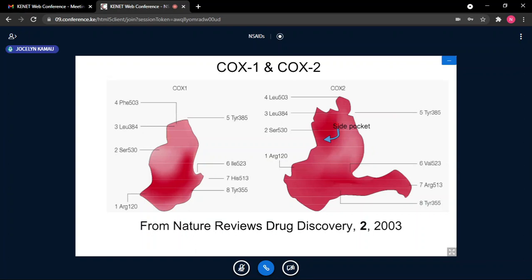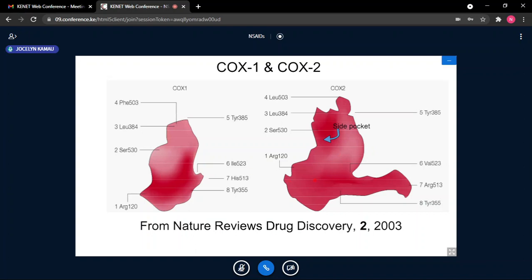And of course, they are also able to bind much better on the larger hydrophobic area. But the main thing is that the coxibs will come and insert themselves into this pocket, which you do not have in COX-1. So they are not able to bind there. Even if they bind, they bind very loosely and will dissociate very rapidly. But when they bind here, they bind strongly, and therefore will inhibit COX-2.